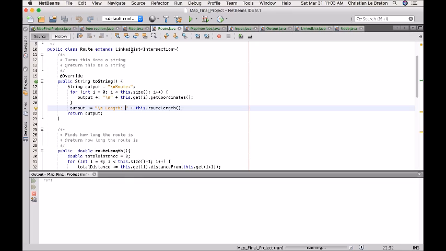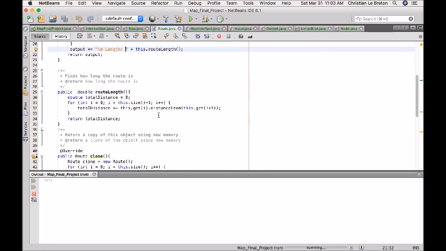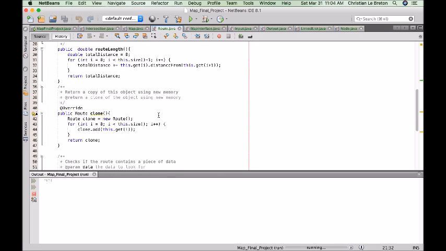So we have route, which I said is a linked list of intersections. toString just says here's the route, and then gives us the length as well, which can be useful. Route length will loop through all of the intersections, find the difference from the first intersection to the second, to the third, and then add that all to the total route length. Clone just creates a copy of this route,